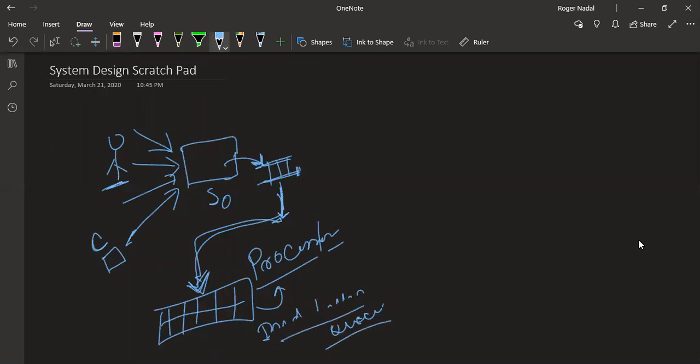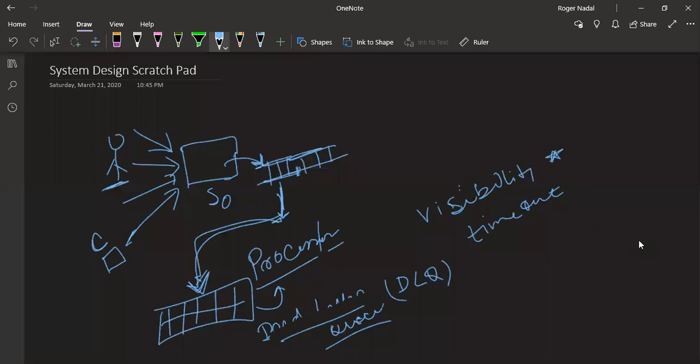So Roger, I want to quickly mention 2 or 3 properties of a queue. One is visibility timeout. When I say visibility timeout, what it means is, if I put a message in a queue, there could be 5 or 10 processors listening to that queue, of the same service. I don't want the same message to be picked up by all the processors. So when I put it in the queue, if it is picked by some processor, it will be invisible for other processors for like 30 seconds. So the same message should not be processed by different things.